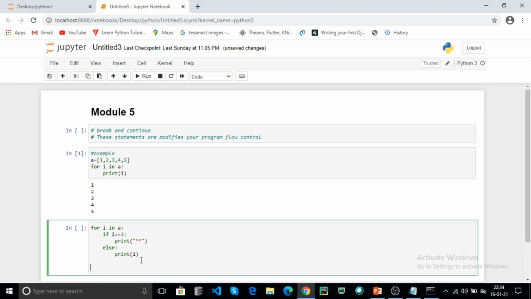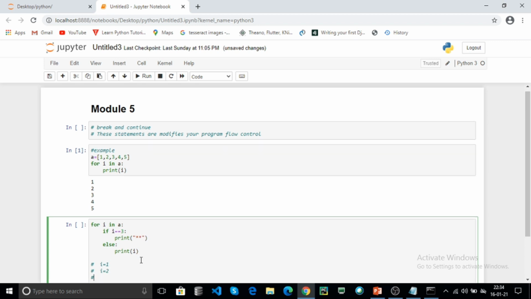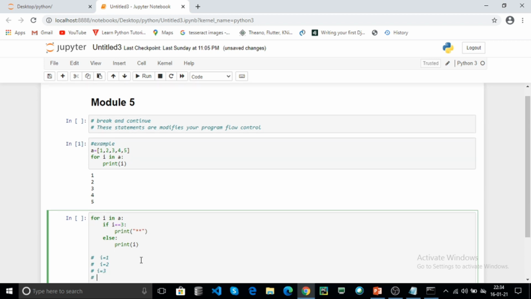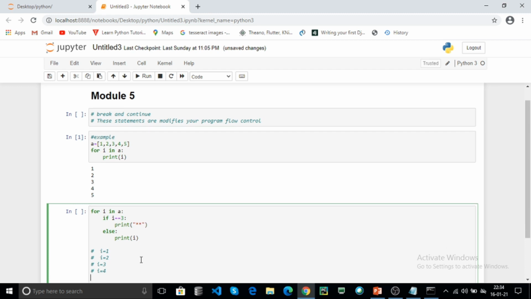In the first iteration i contains 1. The second iteration i contains 2. The third iteration i contains 3. Fourth iteration i equal to 4, and fifth iteration i equal to 5. In the first iteration the if condition checks i equal to 3.